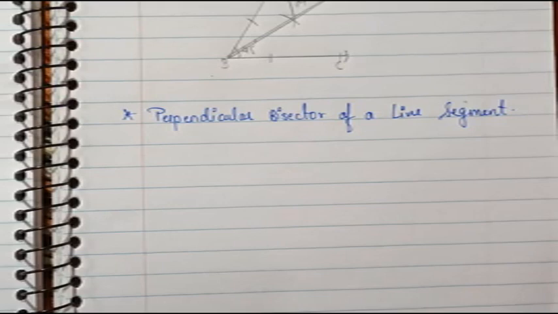Now, what is the perpendicular bisector of a line segment? Again, the meaning of bisector remains the same, that is to cut or to divide into two parts. Okay, now they have given a line segment, and you are supposed to bisect that line segment exactly perpendicularly. ओके, आपको एक लाइन सेगमेंट दिया है और आपको वो लाइन सेगमेंट को बाइसेक्ट करना है, लेकिन कैसे बाइसेक्ट करेंगे? परपेंडिकुलर लाइन से ही बाइसेक्ट करेंगे. So how you are supposed to bisect that line segment with a perpendicular, that we will study in this second part.